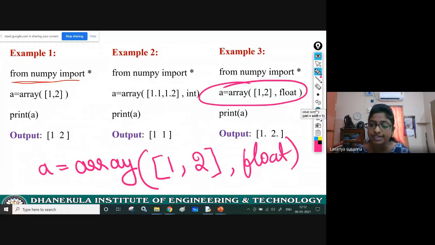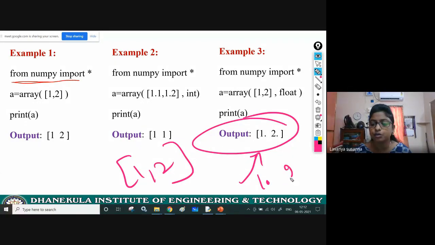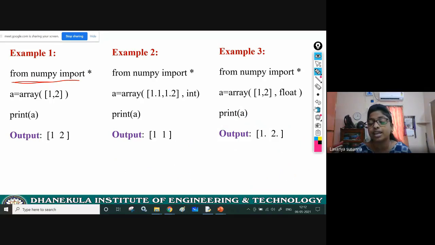You can provide type also. See the output. Here you have created 1, 2, but what is the output you got? 1.0, 2.0. Like this it will display floating point numbers. In this way, you are going to create arrays in Python. This is very easy. In NumPy, there are many predefined functions. You can perform array operations very easily using NumPy. No need to write lengthy code like in C language and Java. Within one statement, it will be completed. I will explain those also.